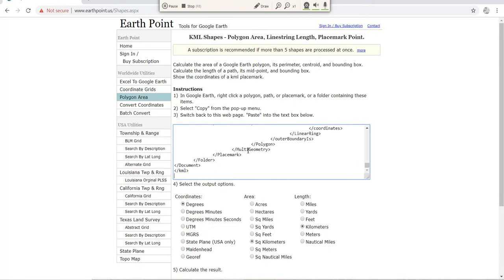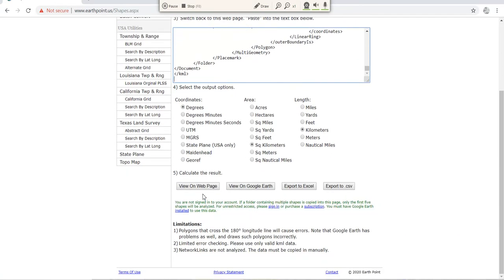So this is how. Now we'll calculate. It will take some time.